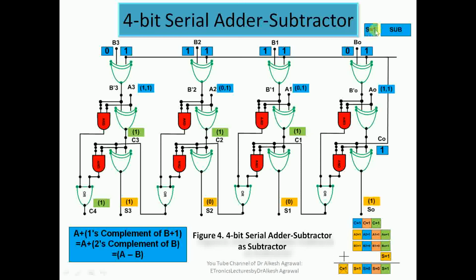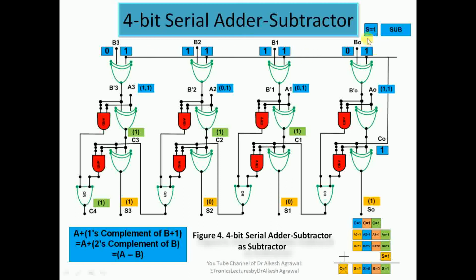The switch is being moved to 1. So this whole circuit becomes a 4-bit serial subtractor. So you can see this 4-bit serial adder-subtractor is working as a subtractor. So first of all, let us see when this switch is moved to 1. So now we have this input is 1, this input is also 1, this input is also 1, this input